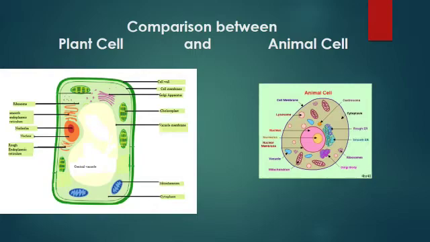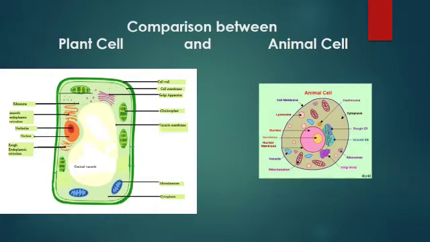You can see cell wall, it is present at the outer side. Then cell membrane. There is a large vacuole in the cell, and nucleus, it is present at the side of the cell. Mitochondria is present. Cytoplasm is present. Cytoplasm is scattered all over the cell, and ribosomes are also present.